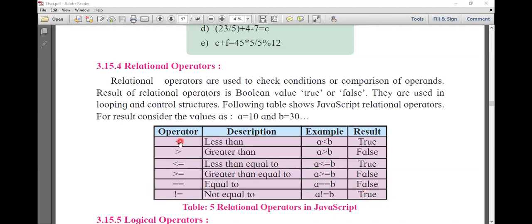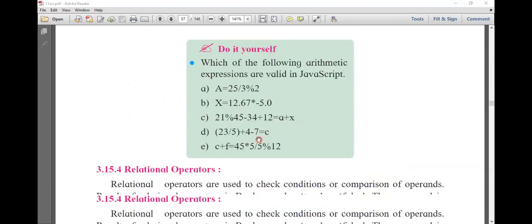So this is the less than operator, this is the greater than operator, this is the less than or equal to operator, this is the greater than or equal to operator, here the equal to operator, here the not equal to operator. These are all called relational operators. They are used for condition checking and the result you will get is either true or false, that is called a Boolean value. If you get an answer as either true or false, or 0 or 1, then this type of data is called a Boolean value. So this is about the relational operators, and the arithmetic operators we have already studied.